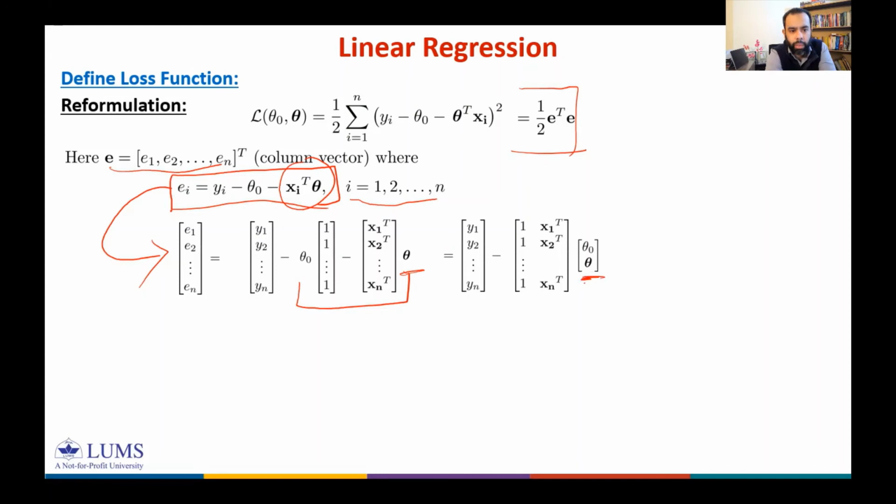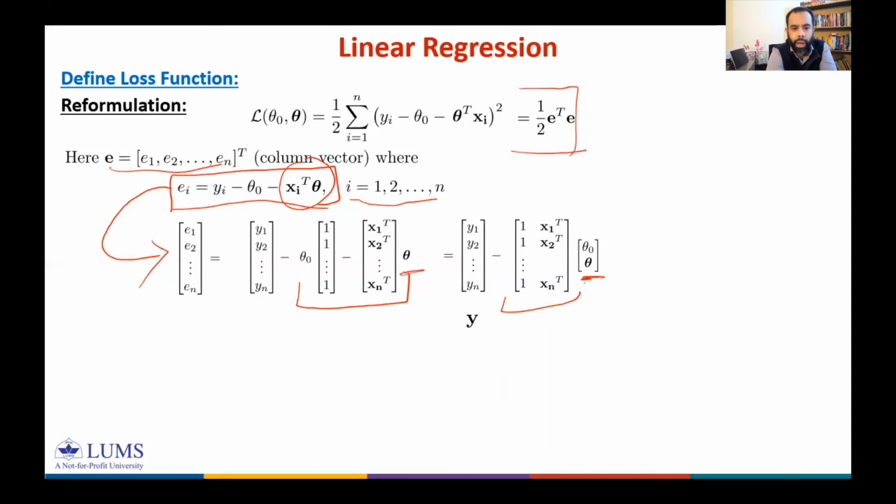And I have concatenated a vector of ones and the matrix of my inputs, and I get this. If you expand this, what you get is theta naught plus x1 transpose theta. So effectively you get the same thing. If I call this vector of all y's as y,